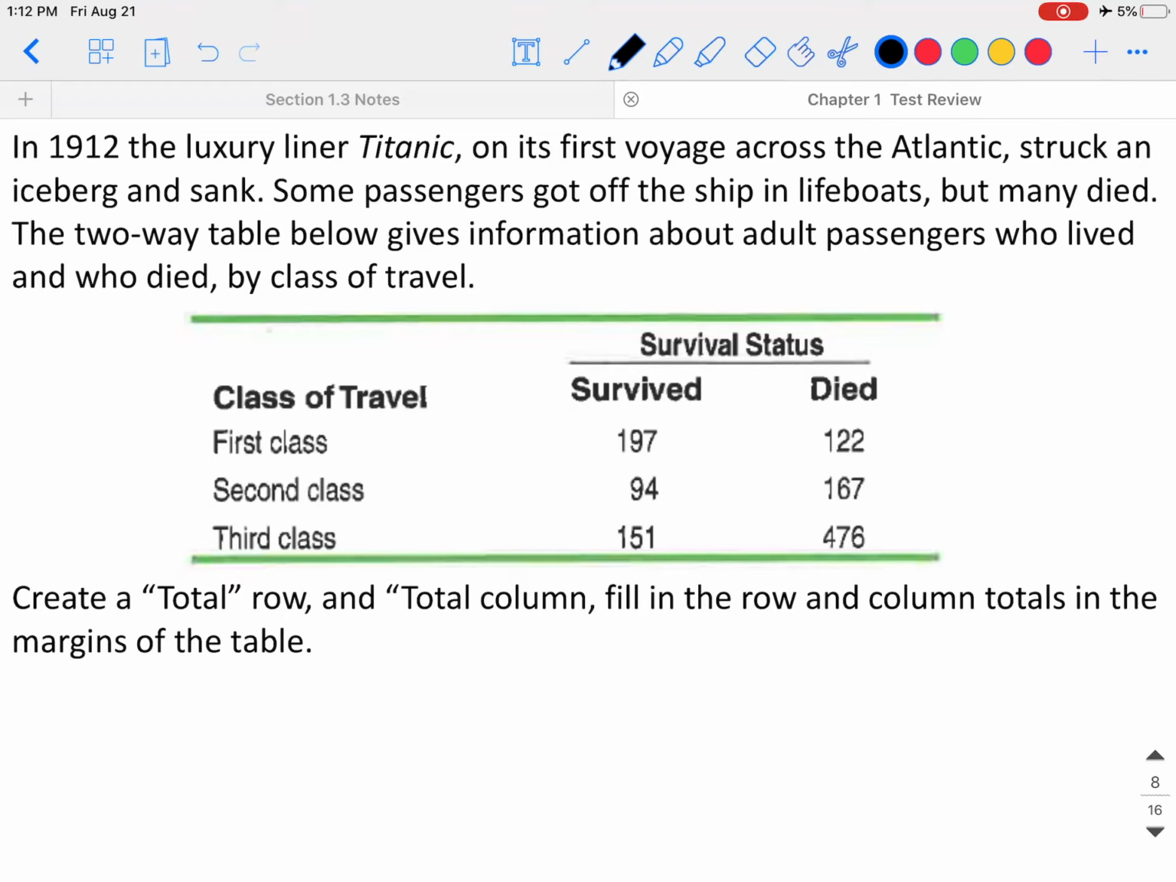In 1912, the luxury liner Titanic, on its first voyage across the Atlantic, struck an iceberg and sank. Some passengers got off the boat in lifeboats, but many died. The two-way table below gives information about the adult passengers who lived and who died by class of travel. Create a totals row and totals column to fill in the row and column totals in the margin of the table. So if we add a total,